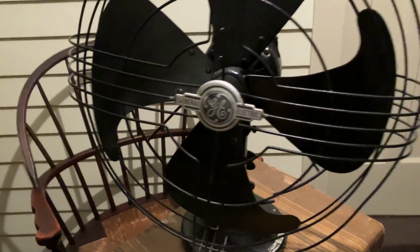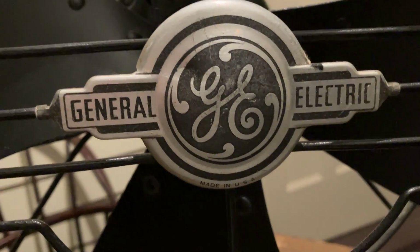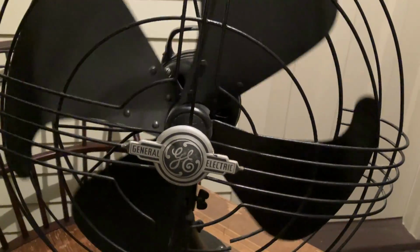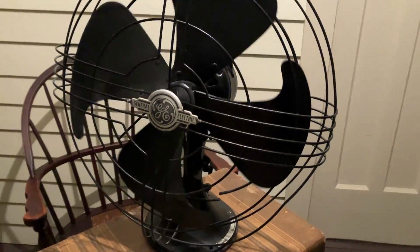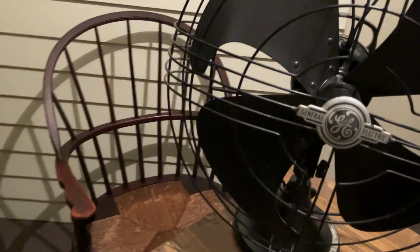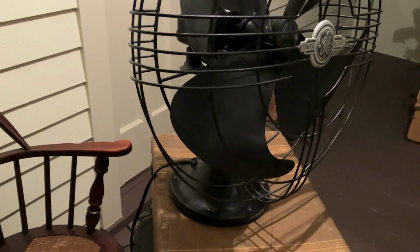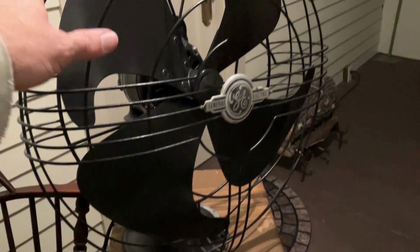Now this fan, we're gonna plug it in a minute, but look how Art Deco the cage is on the front. Most of the time when you find these, boy, they're in pretty rotten condition after all these years. The ladder back chair, the Windsor chair, is making it difficult to see how neat the cage is on it. But what I was gonna tell you is,